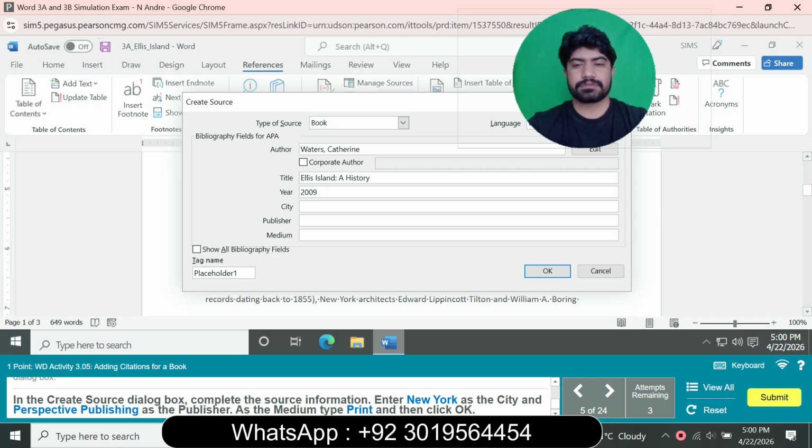Enter New York as the city, select the city column and type New York, and the publisher is